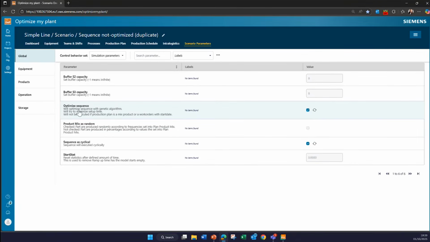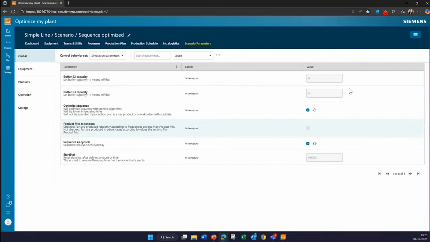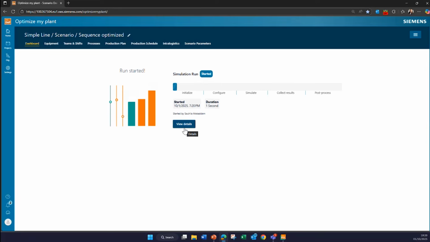It will optimize the sequence with the genetic algorithm, trying to minimize the setup time. Maybe I can also easily change the name, and then simulating is as easy as hitting the simulate button.